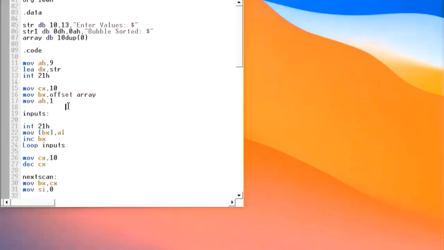So here we have initialized the counter variable with the value 10, so it can iterate 10 times. And you will ask why 10 only? It is because of the size of the array that we have stored. And along with the cx, we have stored the offset of the array, that is the memory of the array, and the memory will be of the first element of the array.